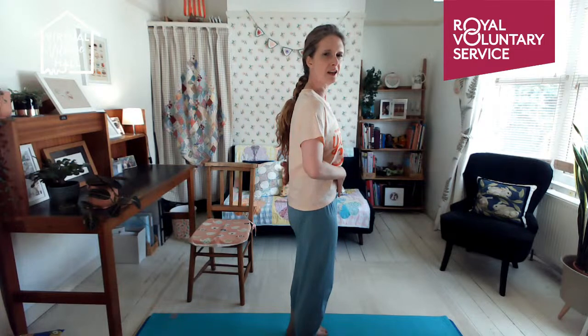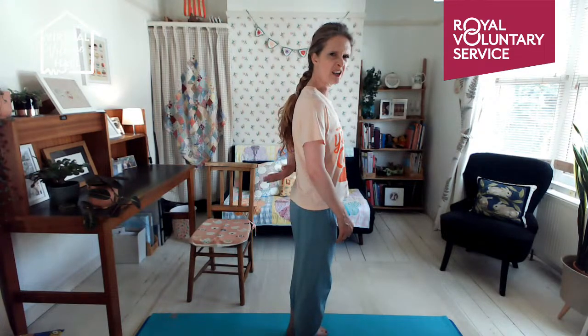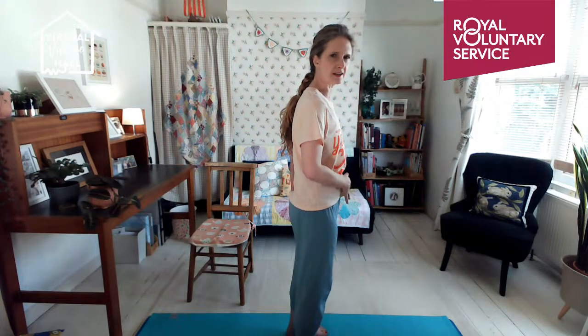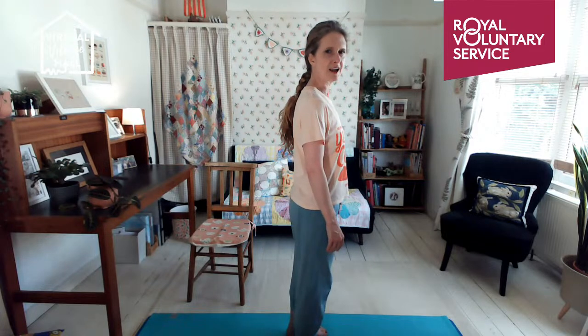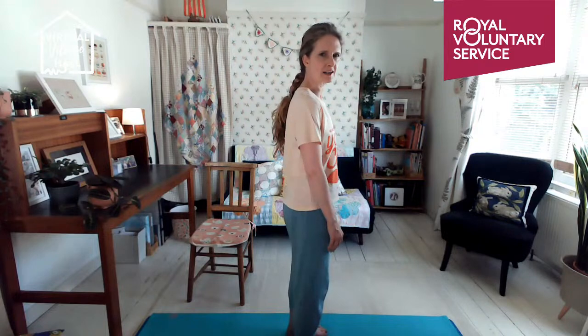So we're tucking our bottoms under, lengthens the spine, and then we stick it out and you get this sort of arch. It's sort of shortening it, makes things contract a little. Tucking under, and you can see my t-shirt sort of bagging around and changing as I do this move. If it's really stiff and you find this hard, it can help to have a hand on the front and the back,